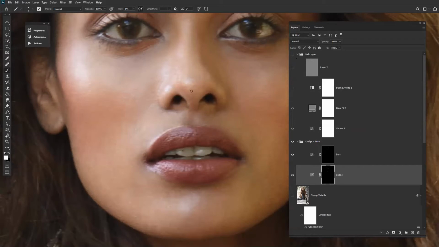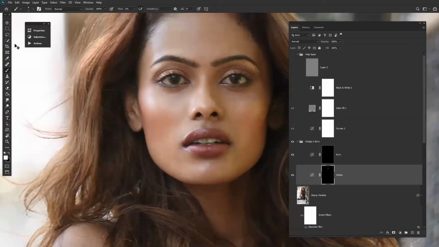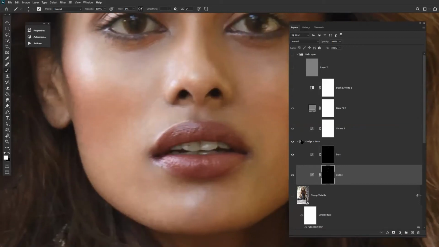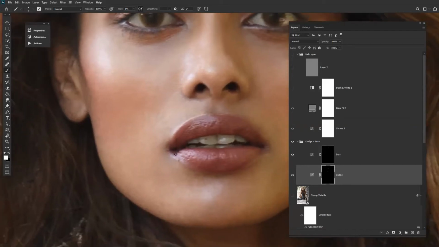So let's go ahead. So one question. Yeah, do ask. You see the line on the left, upper lip, this line? Do we need to do that, or it's perfect? No, the light is coming down over here, so you don't require it. Otherwise, you won't find the proper shape of the lip. You have to analyze your image completely when you're doing dodging and burning, analyzing the image properly to do the dodging and burning.